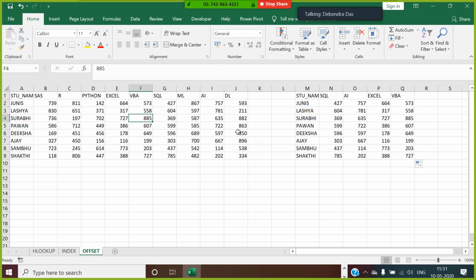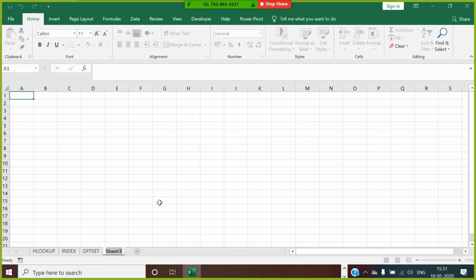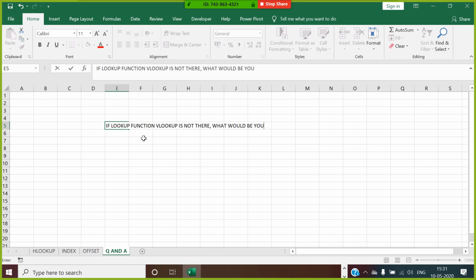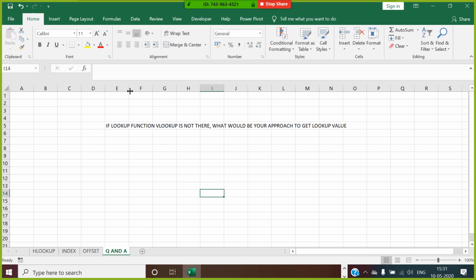So guys, it is always advisable to prepare for the interview question that may be asked. The question: if the VLOOKUP function is not there, what would be your approach to get the lookup value?